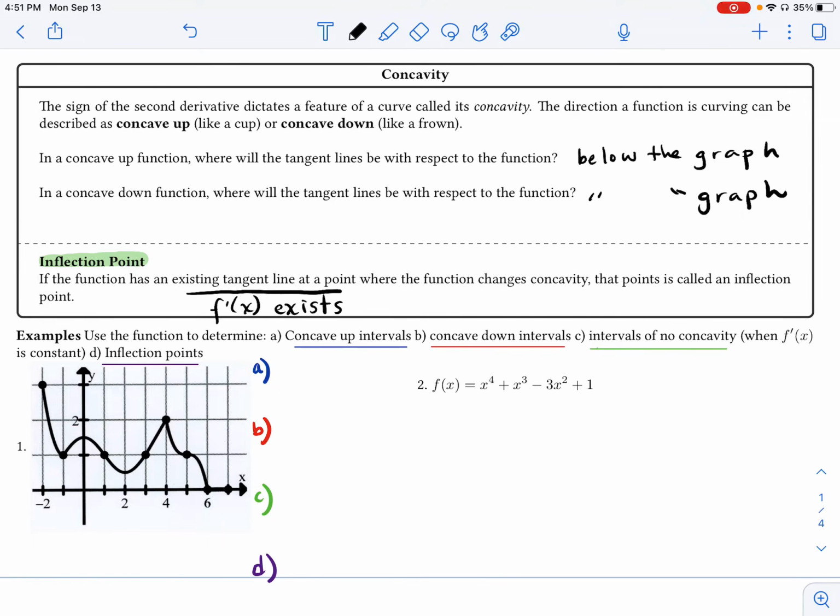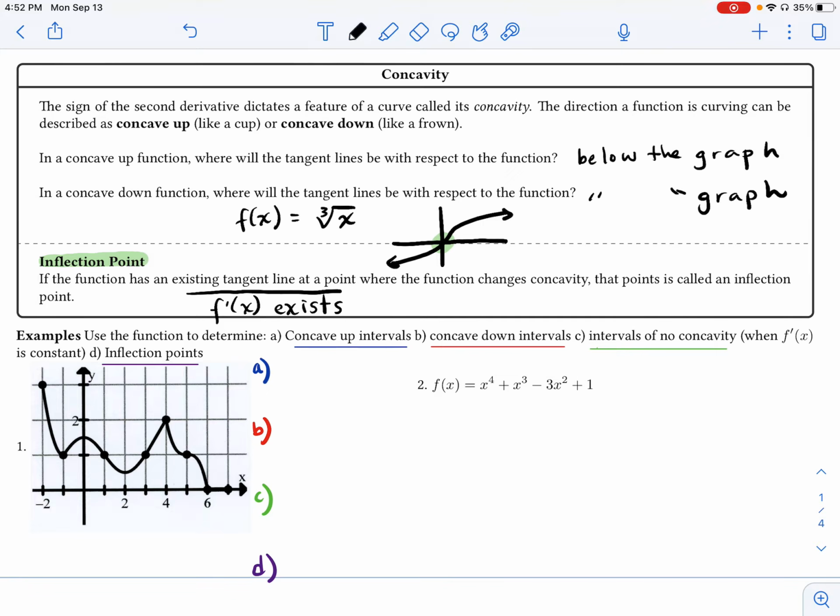tangent line. Although there will be some exceptions to this, a good example of this is something like the cube root of x, which that graph looks something like that. I'm just going to kind of roughly sketch this. The cube root of x does something like this. And I know it's kind of hard to tell with this sketch here, but